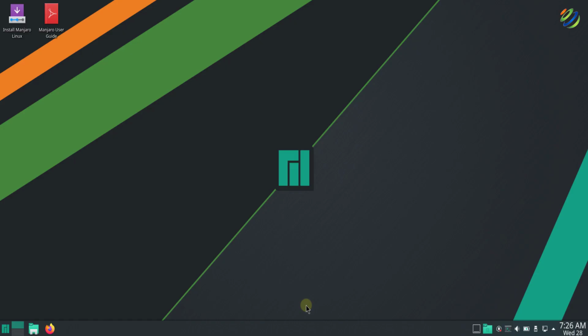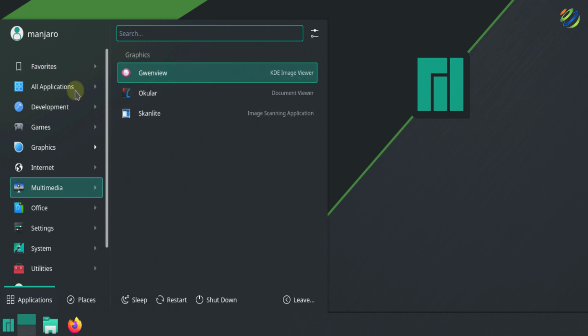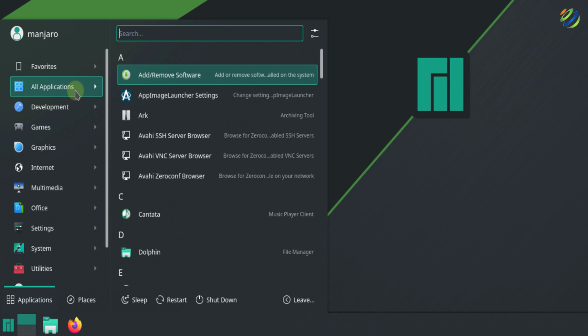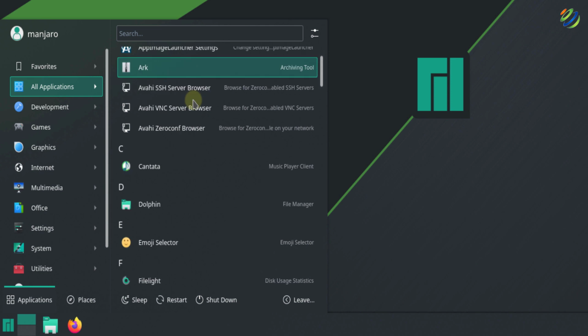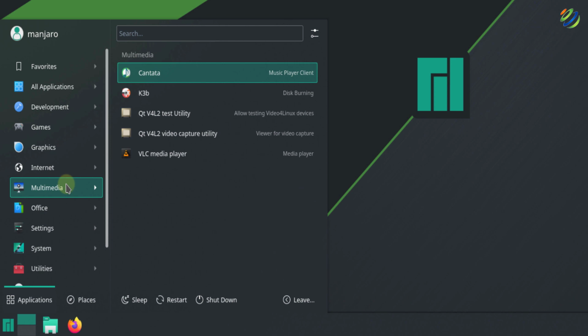But in KDE Plasma 5.21, if I open my application launcher, here you can see that they have made categories of different applications. For example, if you want to see all the applications, just hover over All Applications and it will show you all the applications present in your distribution. But if you want to go to a particular category, for example multimedia, I'll just have to hover over multimedia, and here you go.